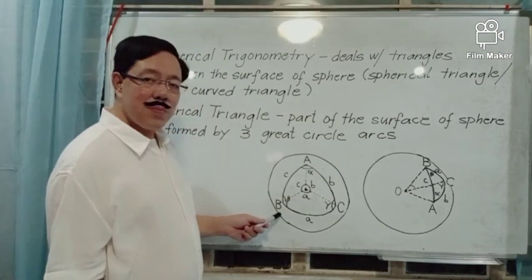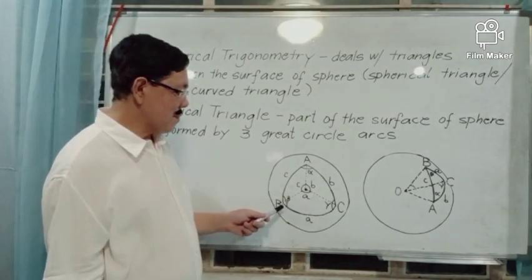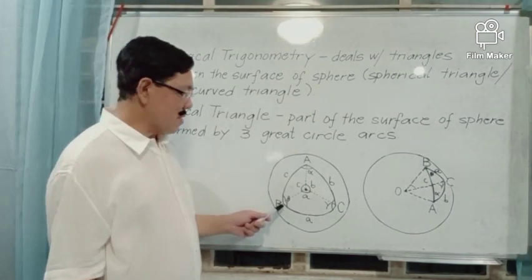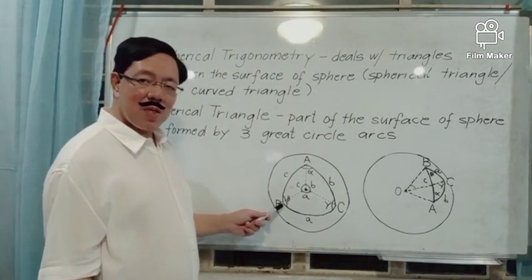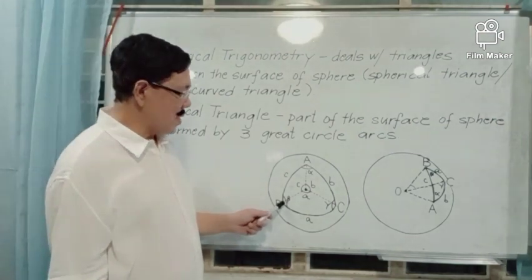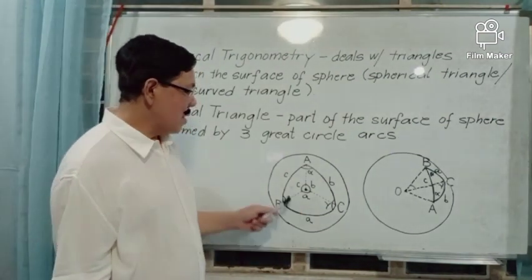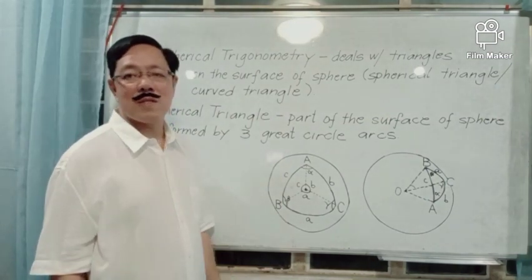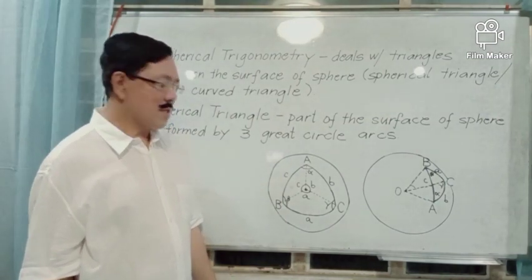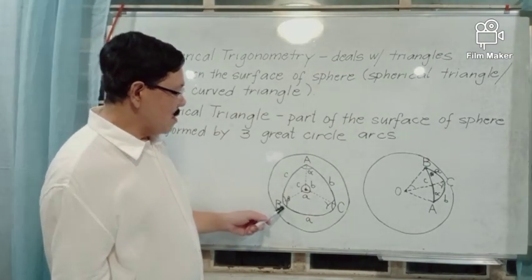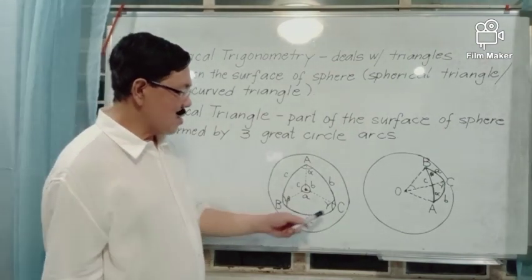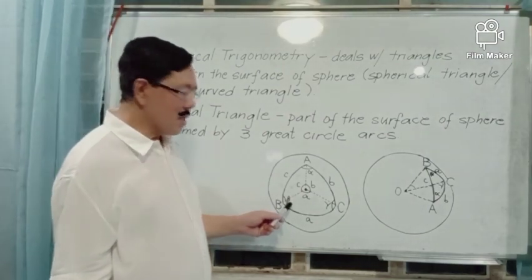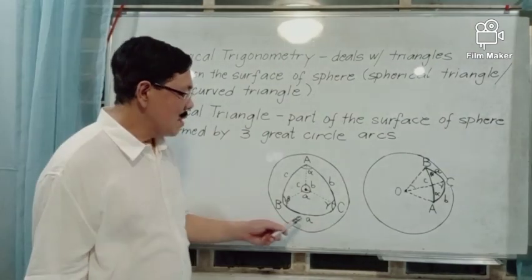The second angle of the spherical triangle is at vertex B. Vertex B is the point of intersection of this arc BC and the arc AB, and these arcs are parts of 2 great circles. The angle formed by the intersection of these arcs at vertex B is denoted by Greek letter beta, and